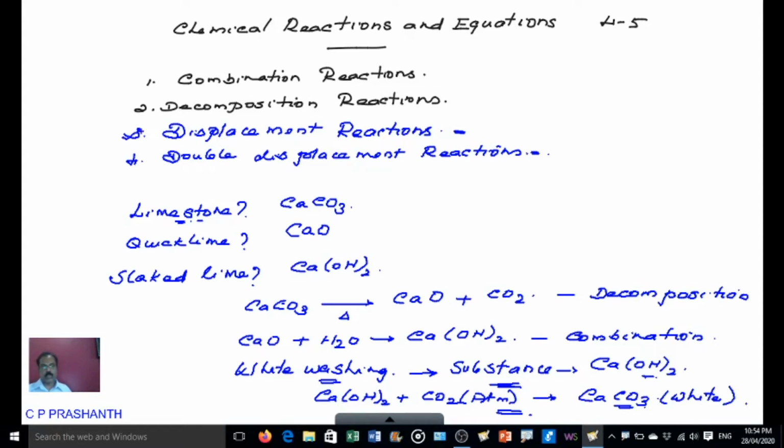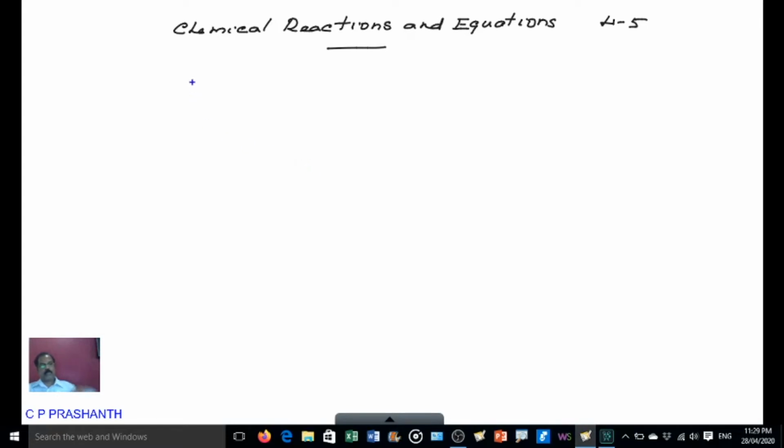Now let us discuss decomposition reactions in a little more detail. We had already discussed it in the previous class. Now we have studied a few examples of decomposition reactions. Which are the examples you have studied? You learned about the decomposition of lead nitrate, the decomposition of silver chloride, as well as the decomposition of water. Now if lead nitrate is heated strongly,